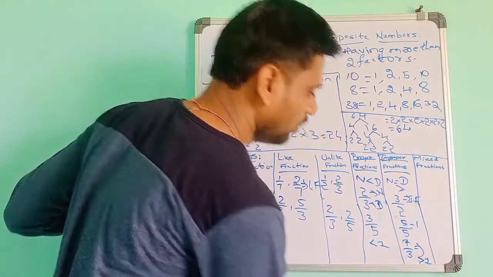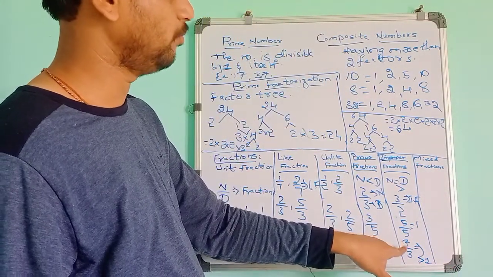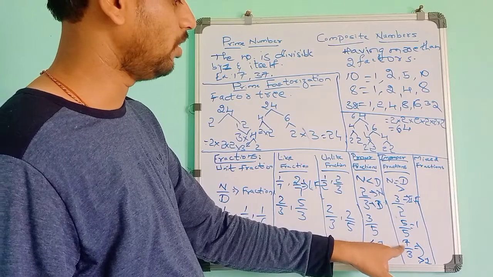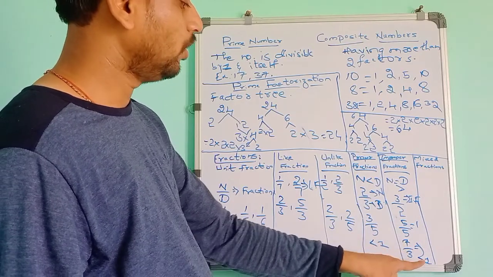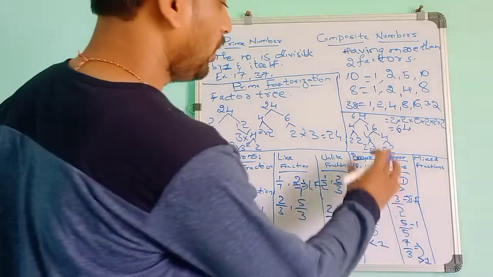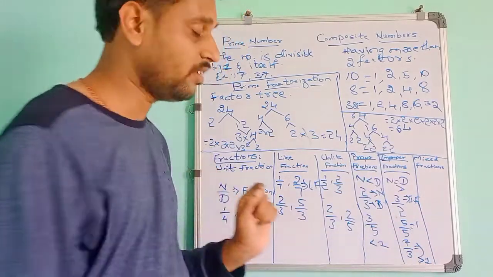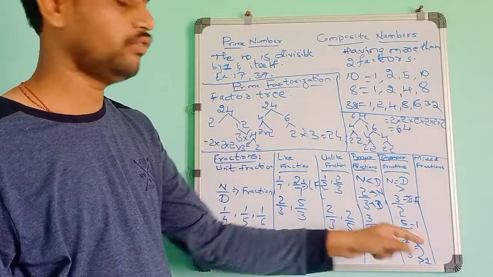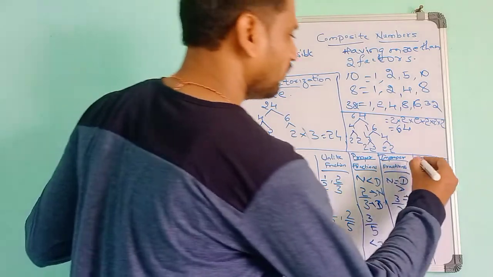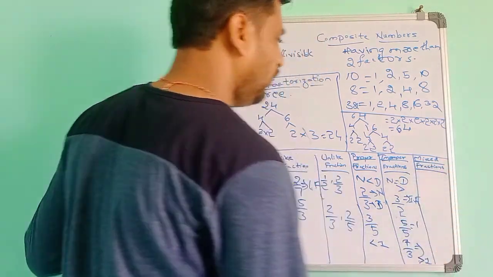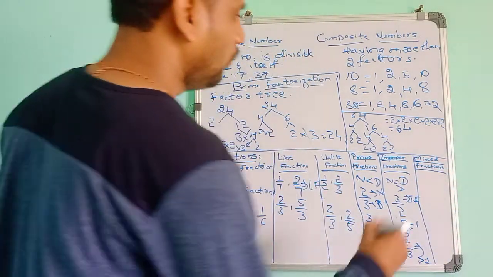Always greater than 1. So here see, 3 2s are 6. In decimal terms, approximately 3 2s are 6. So the improper fraction's value will always be greater than 1 or equal to 1. Then mixed fractions. Mixed fractions means it contains one whole number